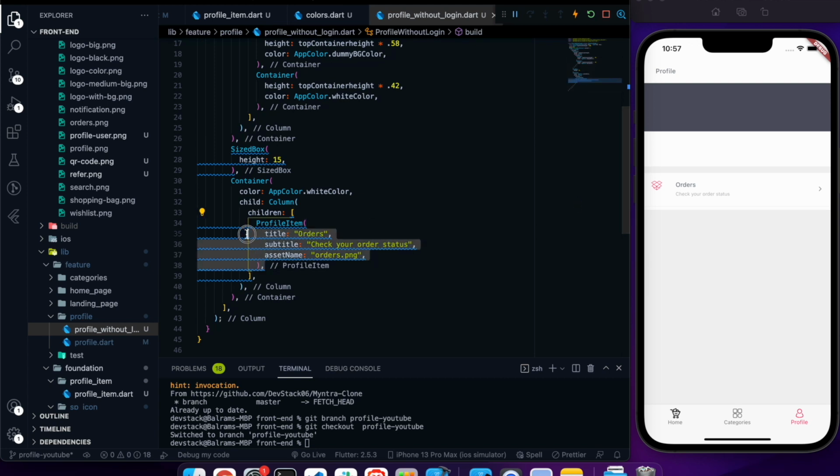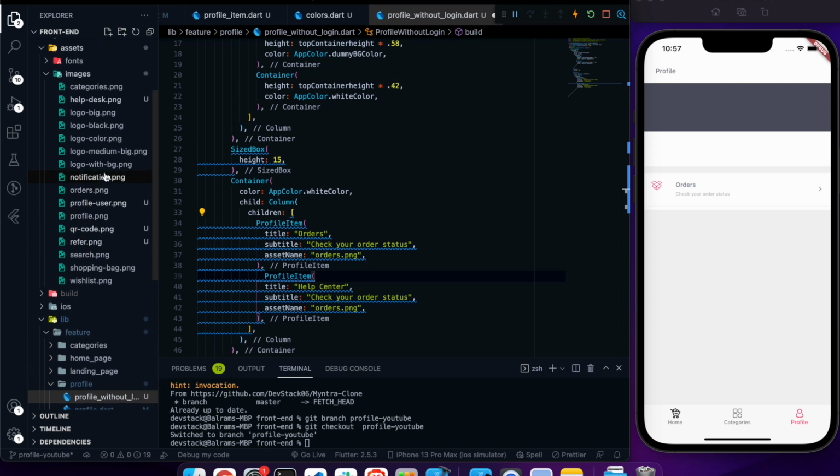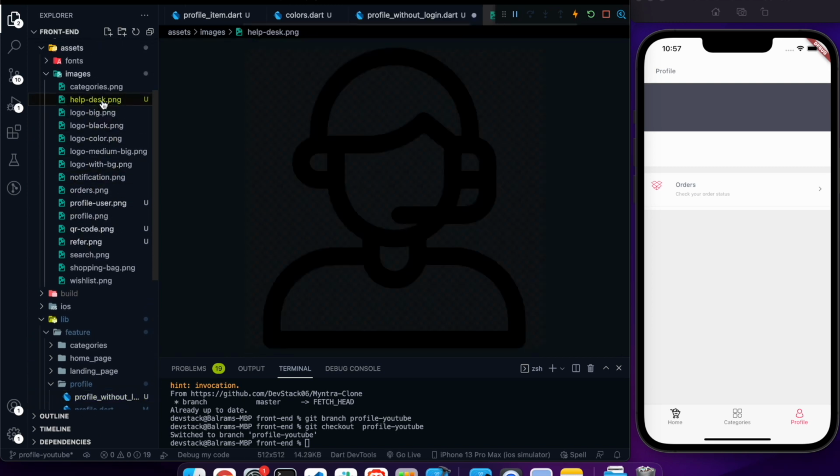Let's create another profile item. So the second profile item is the help center. Help center, and I have a help center icon, also help text.png.